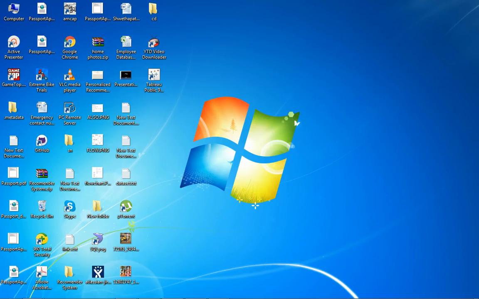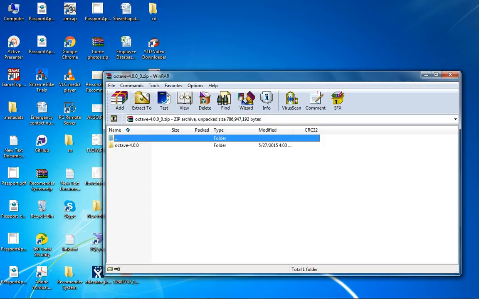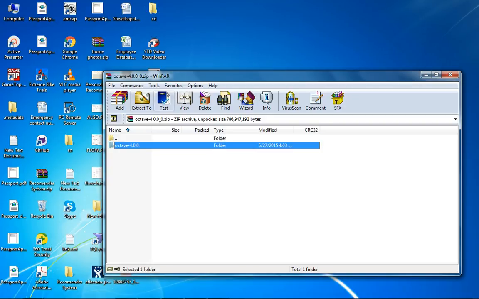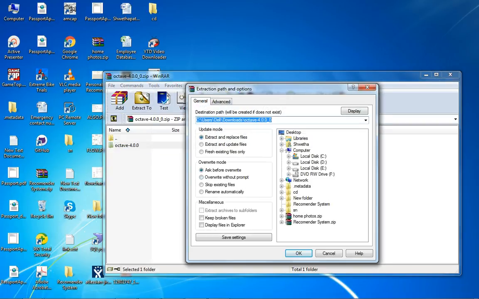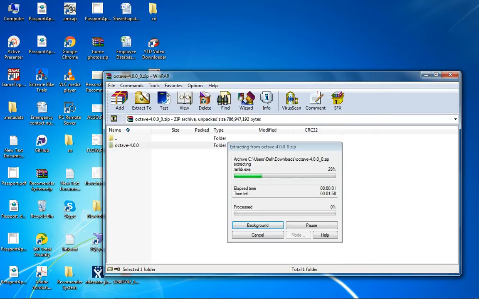Now the file has been successfully downloaded. Just open the file and extract these files to the desired folder that you have already created. I have created the Oct folder, so I will save these files in that folder.